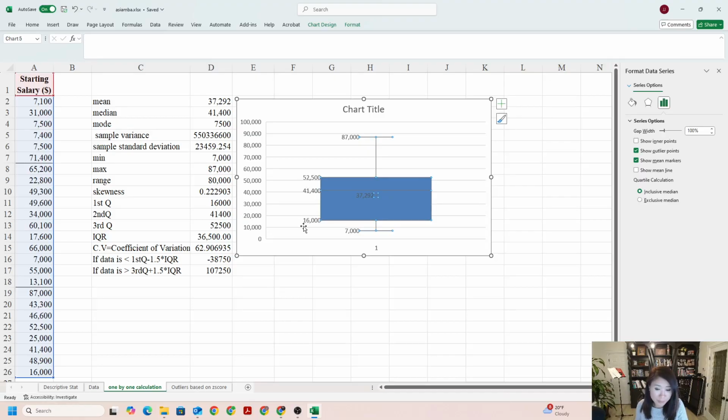First quartile, 16,000. And then the second quartile, 41,400, and then the third quartile is 52,500. Okay, so this is my box whisker plot, and as you see, we can see 1, 2, 3, 4, 5. Those are the 5 numbers we are looking for. Okay,